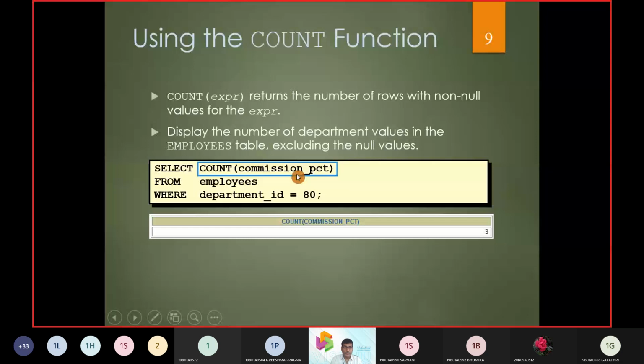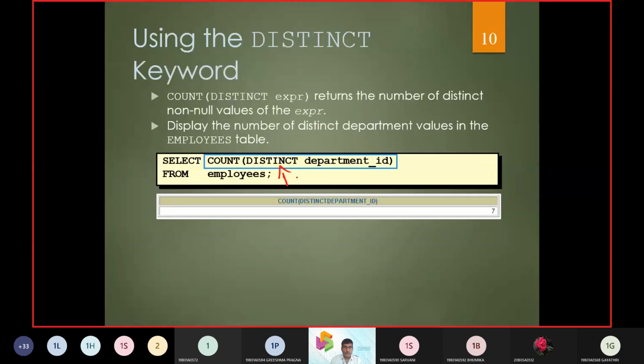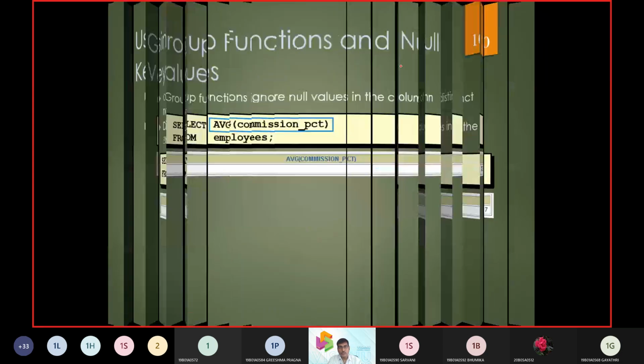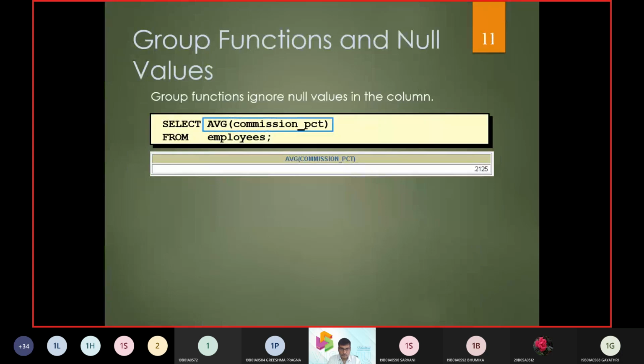And if we want to find distinct, that is unique, or I can say no duplicates, in the department: how many departments are there? Because there are employees in 10, employees in 20, employees in 30. In 10 there can be a lot of employees, in 20 a lot, in 30 a lot. So altogether how many departments are there? We can say only 3. So 3 is what the unique or distinct keyword brings up.